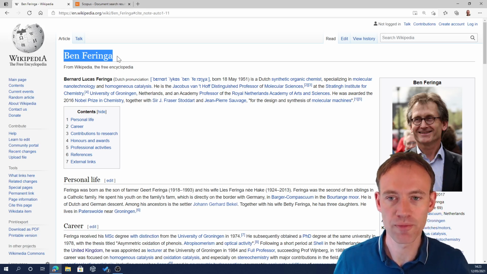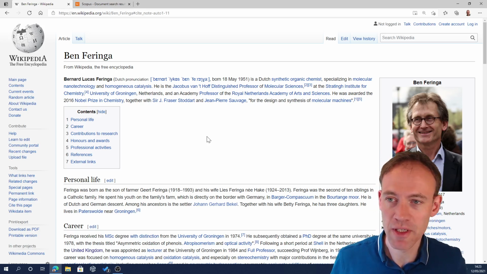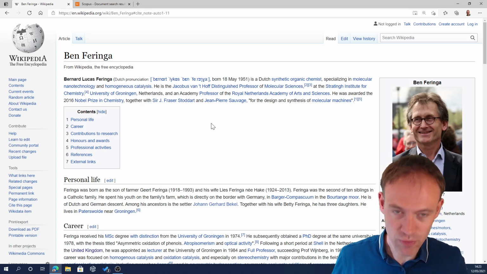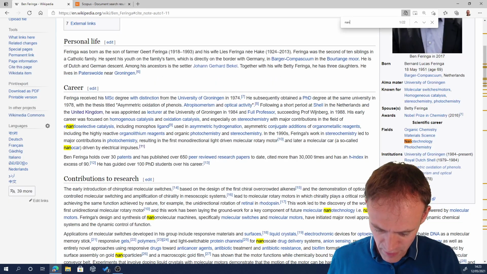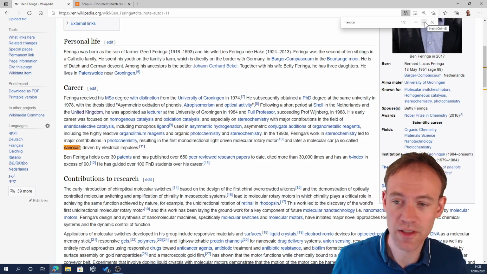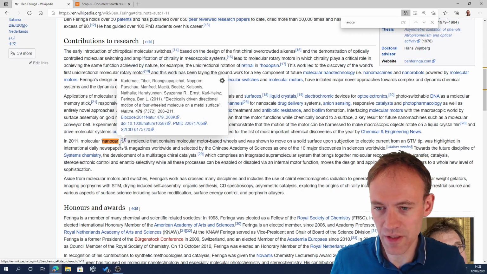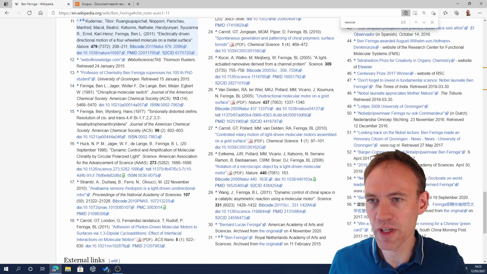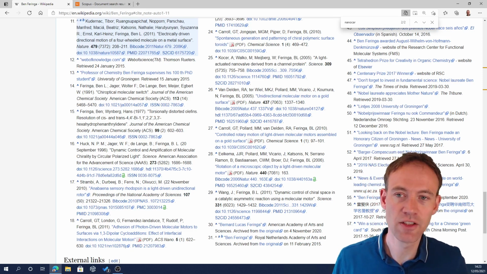So this is the Wikipedia site describing the life and research of Ben Feringa, and within that page we're going to quickly find whether we can find something on that nanocar. And what we see is that there are two hits, and the second one critically has a reference. So we take that reference 11, and this is a paper,